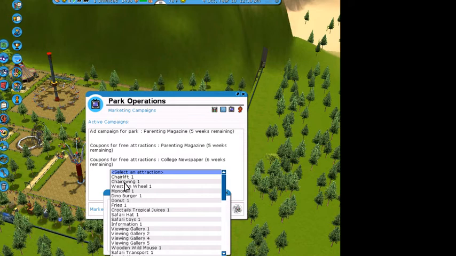So this is basically the time and stuff. And right now it says year 10, which means this park has been open for 10 years in game time, which is a long time. When I just created this park, like last weekend,